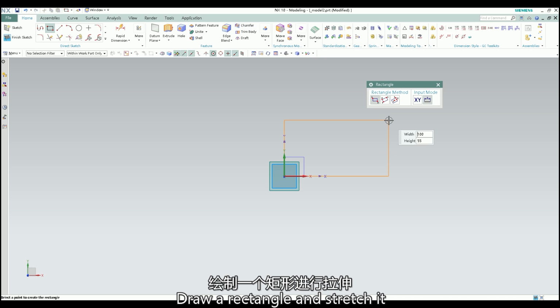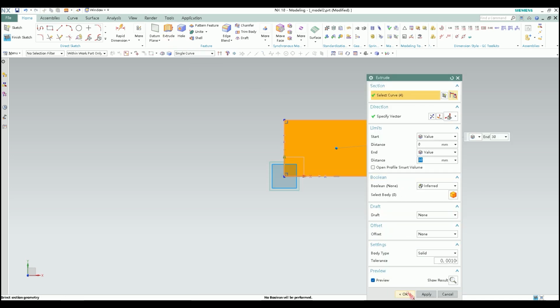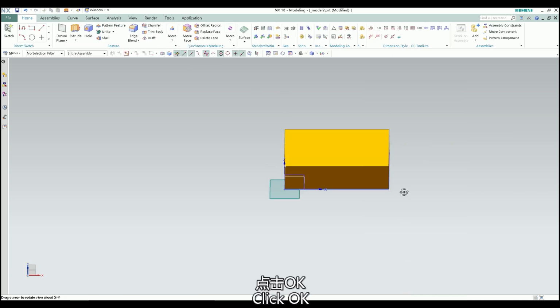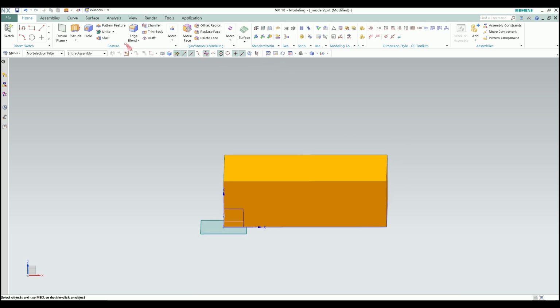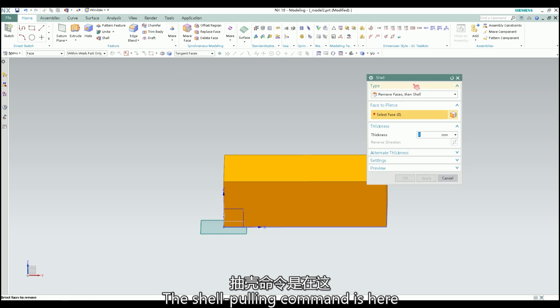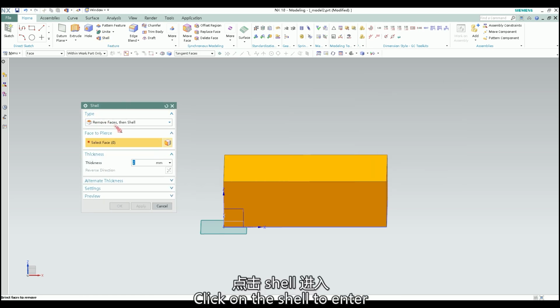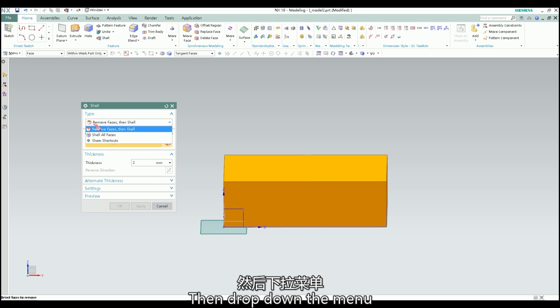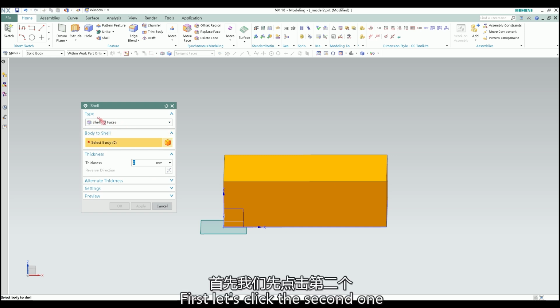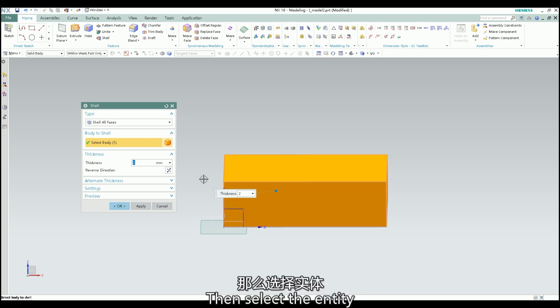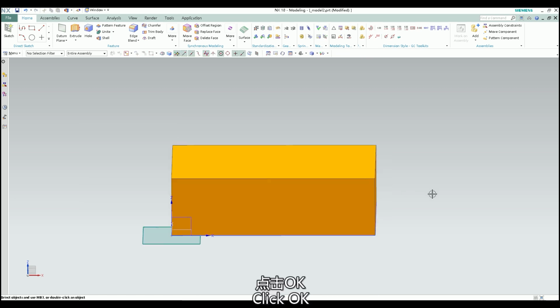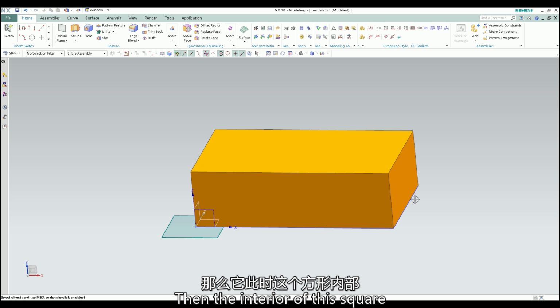Draw a rectangle and stretch it. Click OK. The first is to introduce the shell command. The shell command is here. Click on the shell to enter. Then drop down the menu. There are many options. First, let's click the second one, shell all the faces. Then select the entity. Then choose a thickness of 2. Click OK. Then the interior of this square